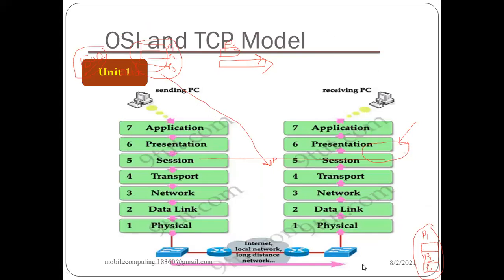So according to our syllabus, the important thing that we are going to discuss in our unit is this. Logically, data is being transmitted from one node to another node in the form of layers. We have these 7 layers, and you can see the hierarchy. On the topmost, we have the application layer. Then we have the presentation layer. Then session layer, transport layer, network layer, data link layer, and physical layer.